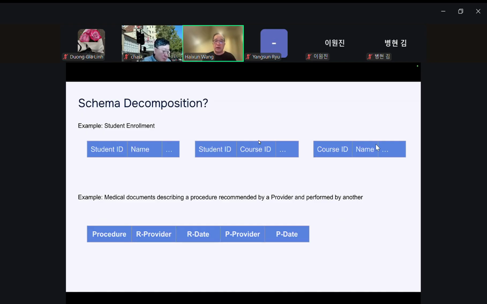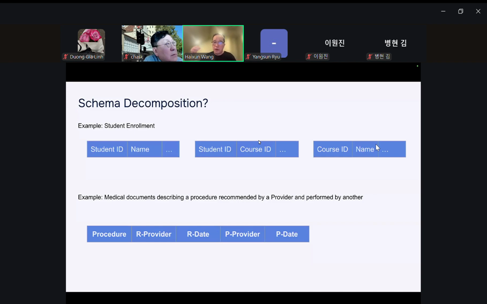And I can give you two examples. One is a student enrollment. You have a student table, you have a course table, you have in the middle an enrollment relationship, right? And this is how your database is designed. This is the schema in your global database. But apparently, this does not align with how information is organized in a textual document. When this textual document is talking about some student enrolled in some class, it does not talk about things in these three separate things, right?